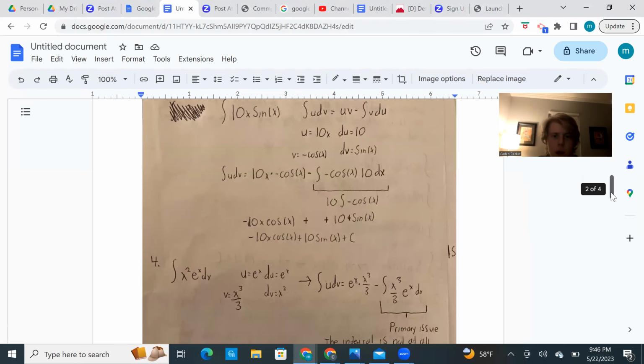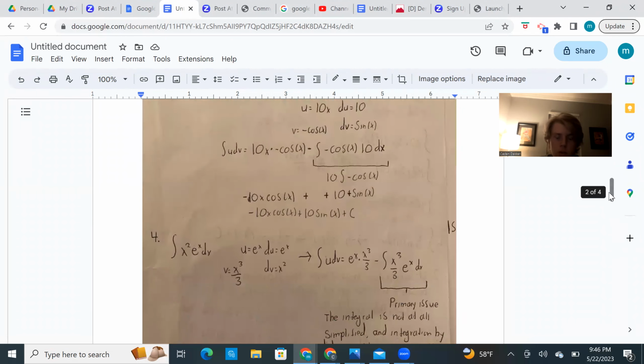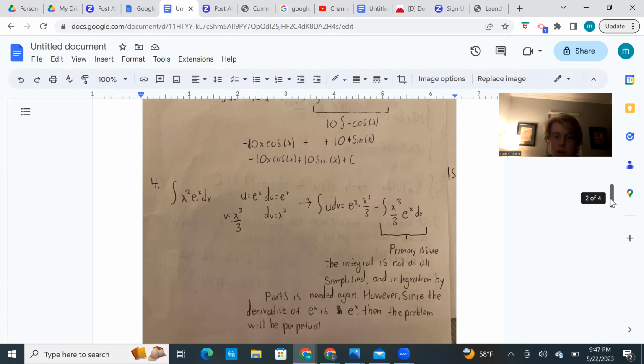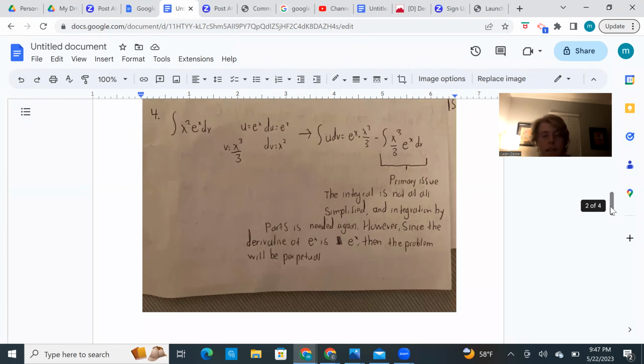And then I just pretty much plugged that into the formula. But then the problem that I ran into, or I didn't run into a problem with this one. This was perfectly fine. I ended up getting negative 10x cosine x plus sine x, and I had to put the plus c out there because it doesn't have any boundaries on it. And then for the fourth one,